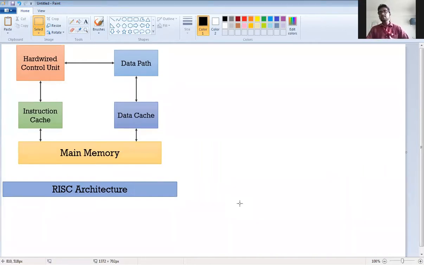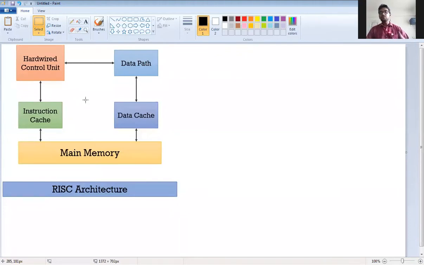The same instruction will be used for accessing the program memory. As you can see here, this is the hardware control unit. The instruction cache is there, the data cache is there. So in the main memory, the instruction as well as the data are both accessed using the same instruction. Program memory and data memory are separate.